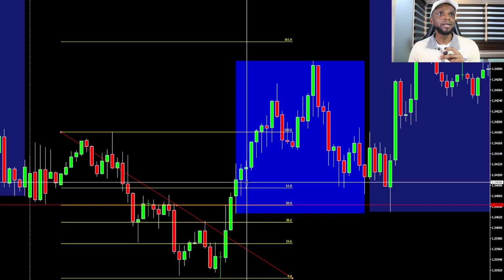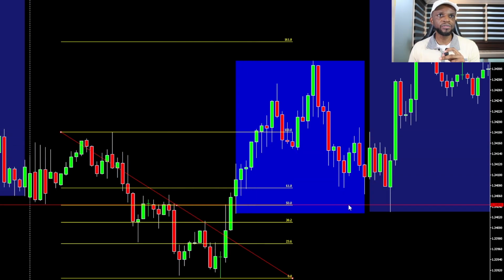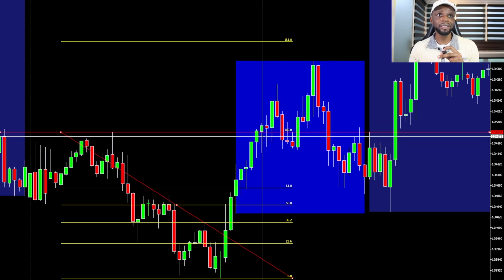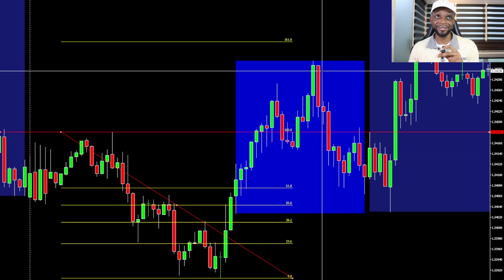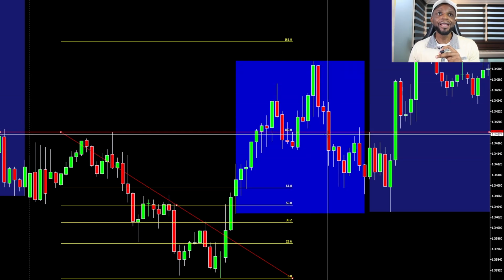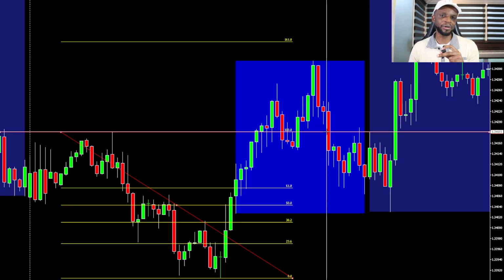What did it do here? It went up to, let's move this line here, it went up to the high of the Asian session, tried to break, closed above a little, came back down, hovered around that high for a long time, for an hour before it properly broke. But when it broke, it still came back down again to test this high of the Asian session, and hovered around and then broke up again. What did it do? It came back down. It's so obvious when price is struggling to break a